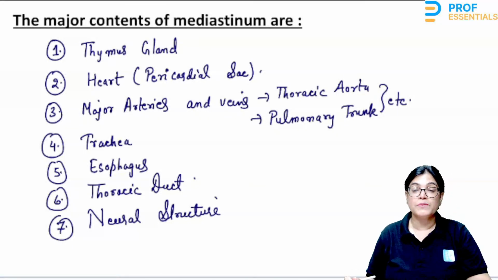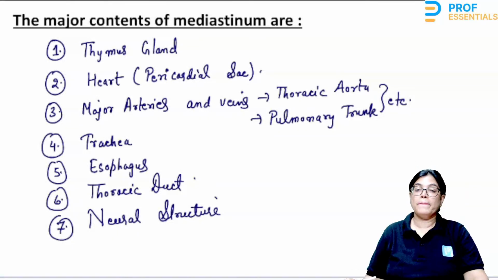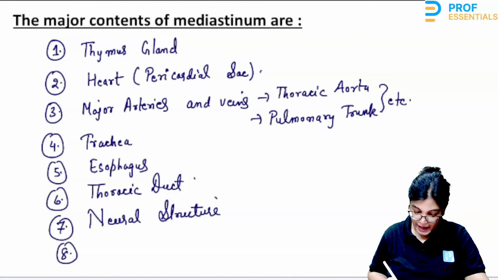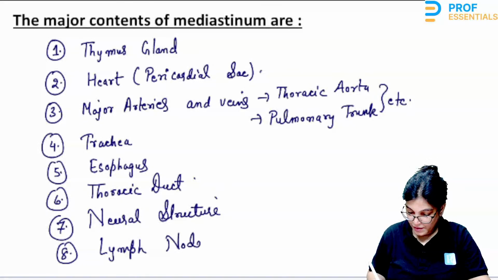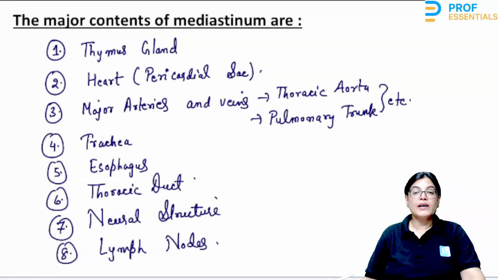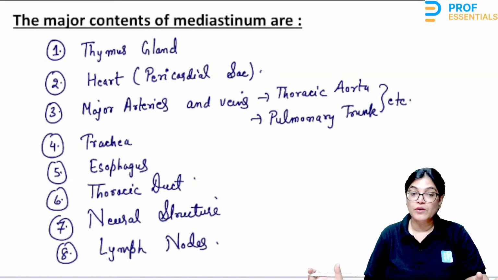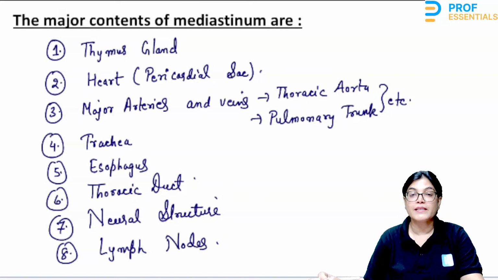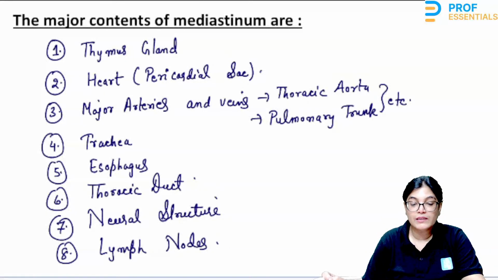The vagus nerve, the sympathetic chain, the phrenic nerve, and the recurrent laryngeal nerve on the left-hand side, and we will have the associated lymph nodes. So all these structures are the major contents of the mediastinum, which have been tabulated here. Now, other than that,